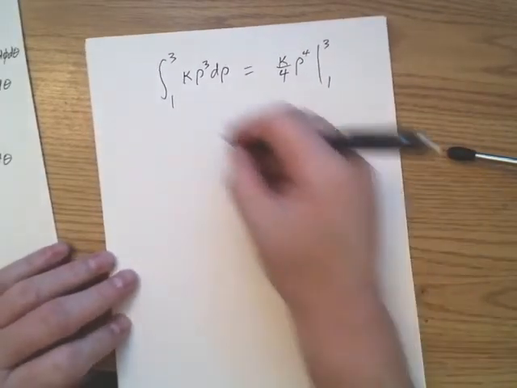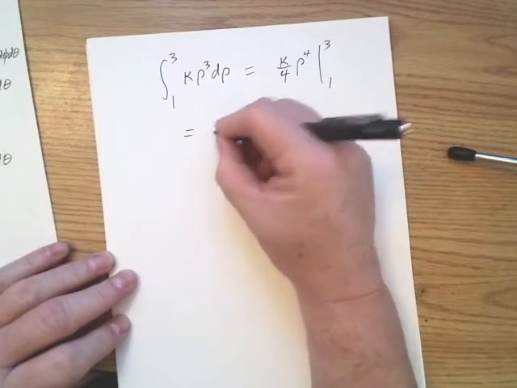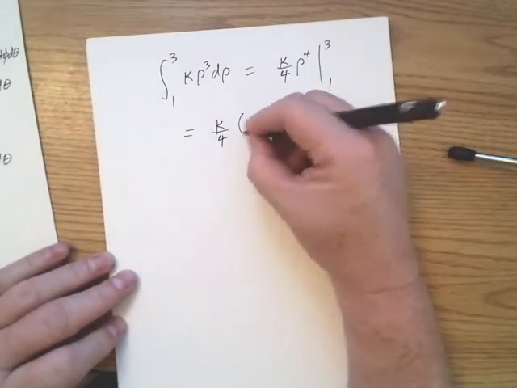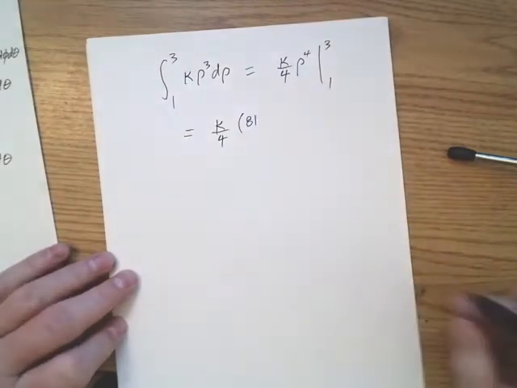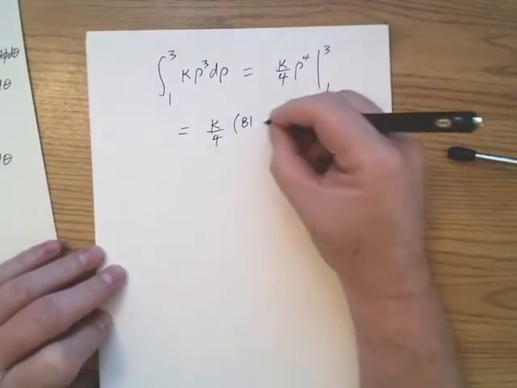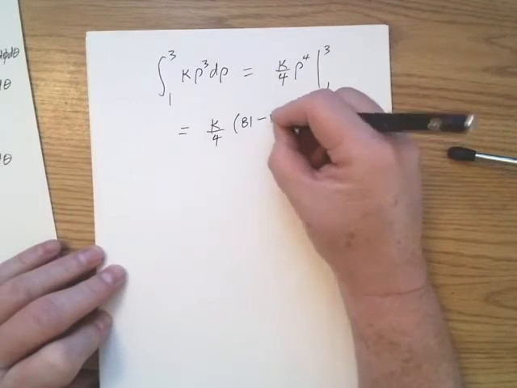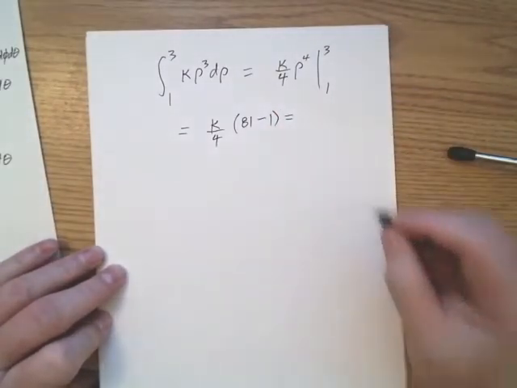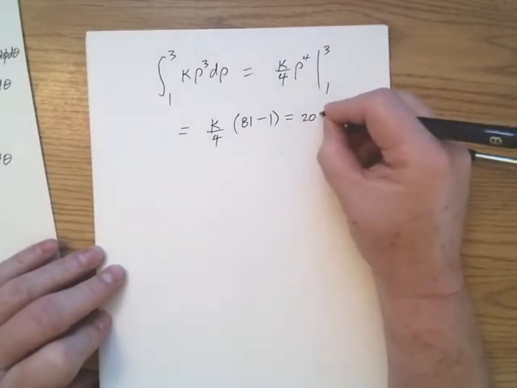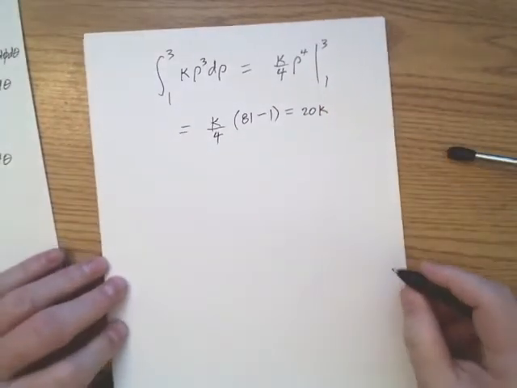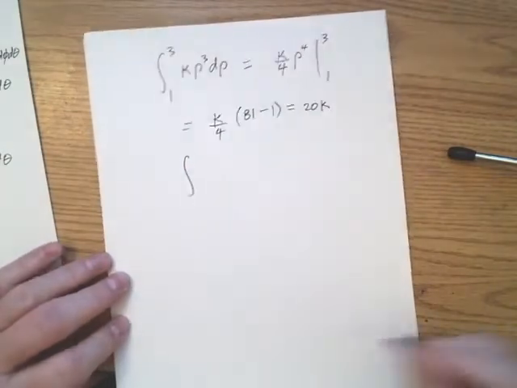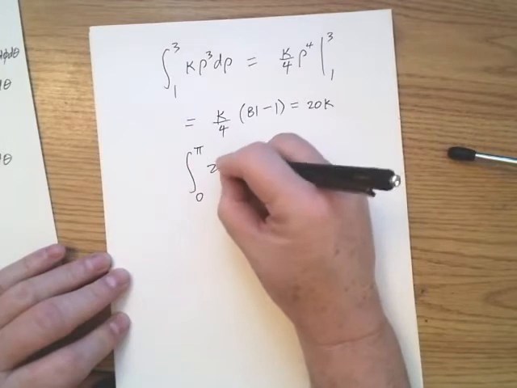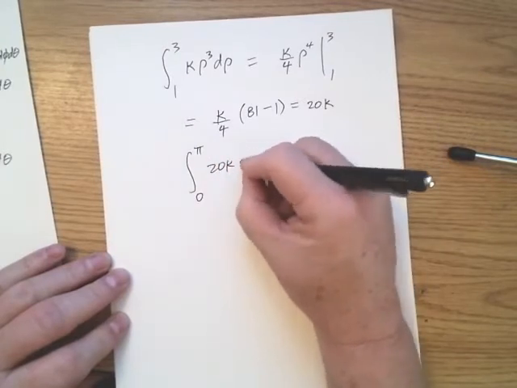Okay, and what is that going to be? That's going to be 3 to the 4th. That's 81, is that right? Yeah, minus 1 to the 4th, which is 1. So that's going to be 80 divided by 4, which is 20. So we've got 20k. And then we're going to be going from 0 to pi of 20k sine phi